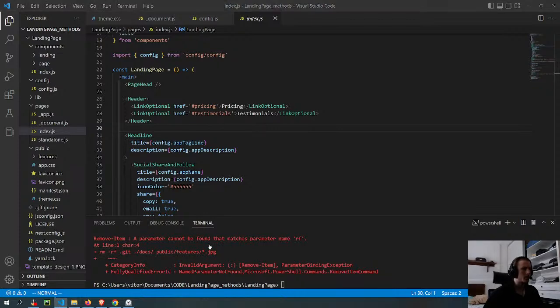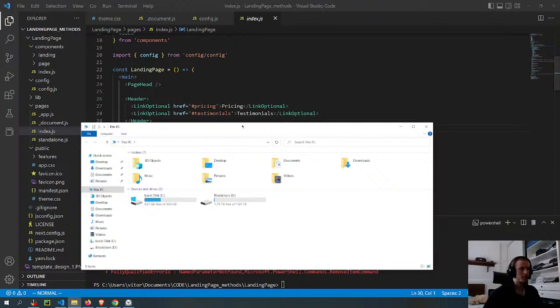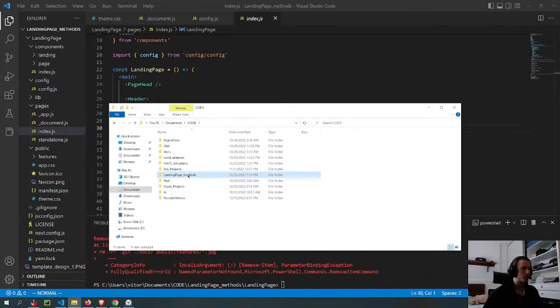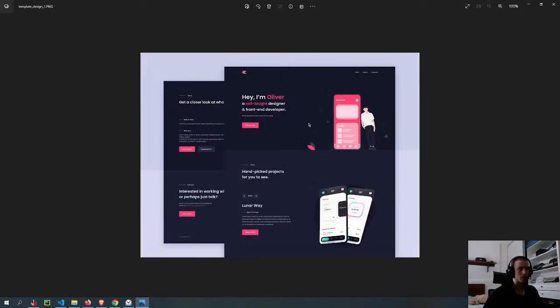And what I'll probably do is what I said of saving this as the template and then copying it into another directory, and then I'm gonna use this photo here to try to transform the design of the template into something more like this. But I always have problems with design. There's a bunch of pictures here and things like that, so it's hard to emulate because it's hard to find these pictures.